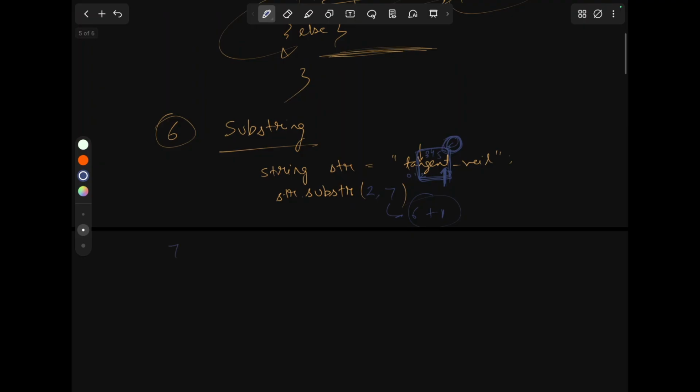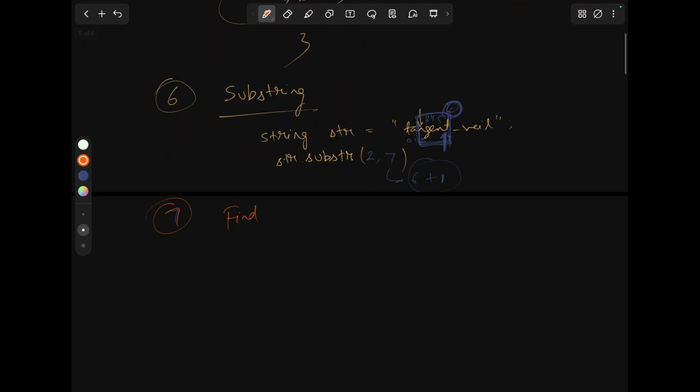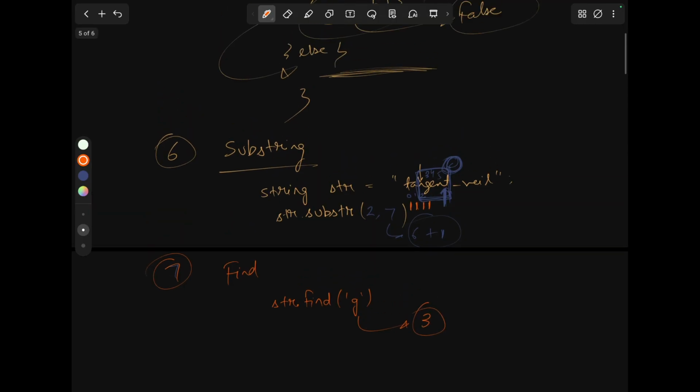Let's look at another function, which is find. Let's say you want to find a certain character, it will return the index of that character. What is the index number of the character g? 0 1 2 3. It will return 3. So we can find the index of a certain character in a string. Let's look at